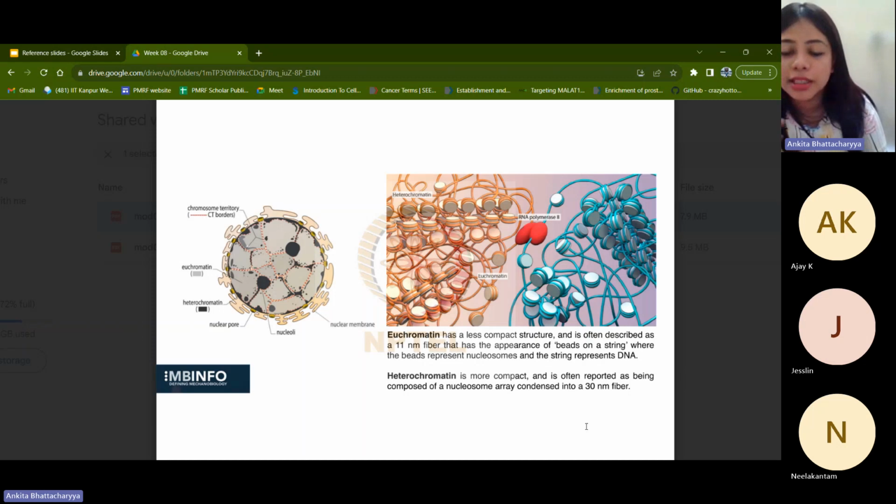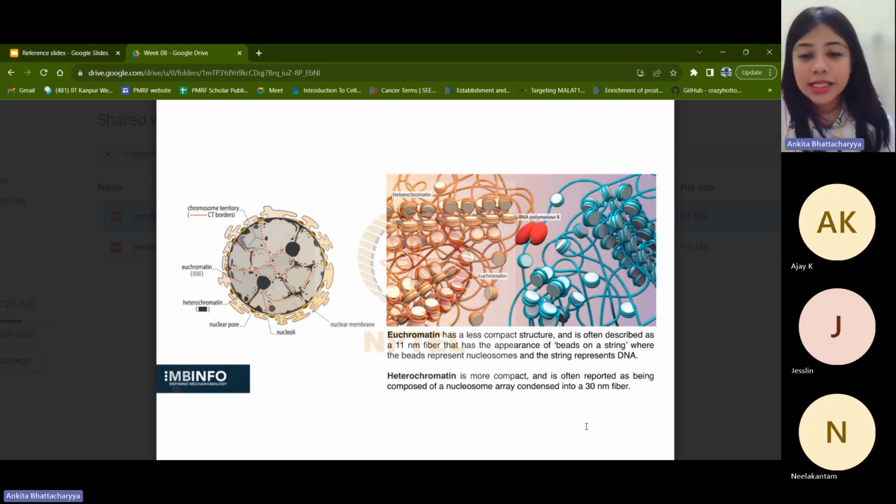So like I just said, the more you move along the packaging of genetic material inside the cell, the more condensed, more packaged, more compact it gets, and it builds up from 11 nanometer fiber to a 30 nanometer fiber by just winding around the heterochromatin. I think I had shown you the demonstration as well of that mouse and the string which is wrapped around it. So that is the heterochromatin.